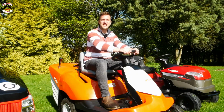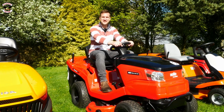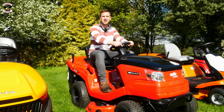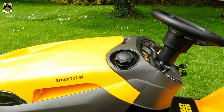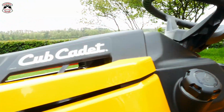£2,899. The Stihl RT 4082, which retails at £3,225. The Solo by Alco T16 105.6, which retails at £3,999. The Stiga Estate 792W, which retails at £4,154. And the Cub Cadet XT1 OR95, which retails at